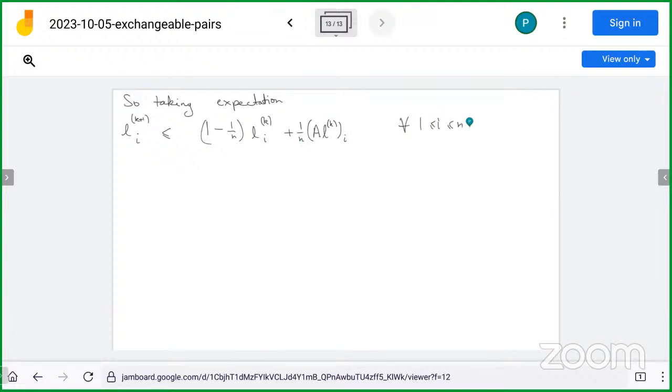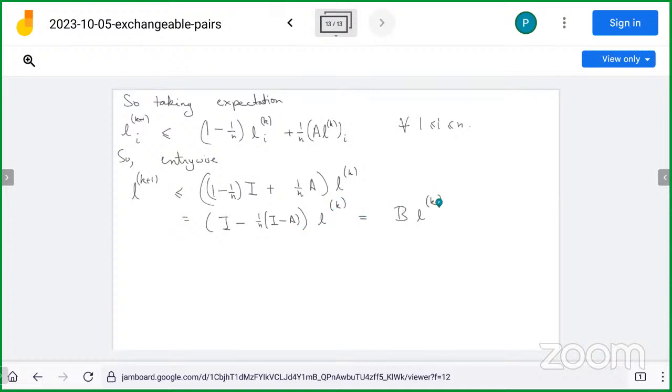So then, entry-wise, Lk plus 1 is less than 1 minus 1 over n I plus 1 over n A. So let's define, which is equal to I minus 1 minus 1 over n I minus A, which is equal to B. B is defined to be